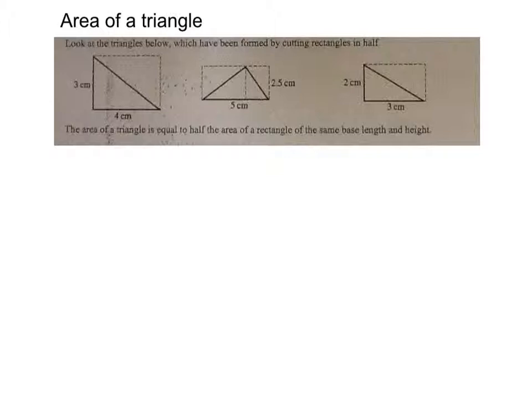So we can work out from this that the area of a triangle is equal to a half of the area of a rectangle, and we would have said half times by length times by width, which would be satisfactory,